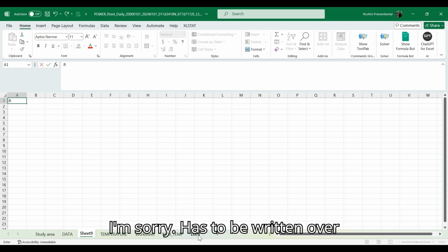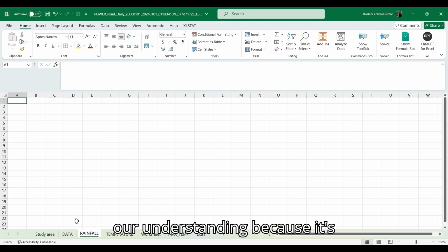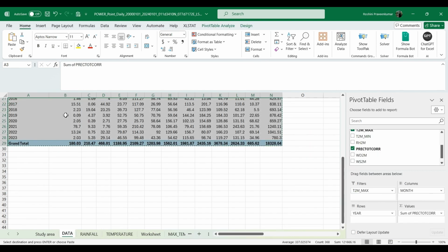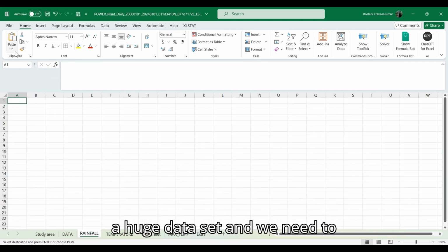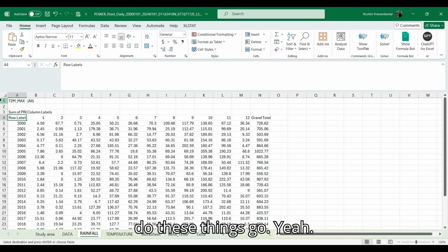I'm sorry, it has to be written over here. This is to be done for our understanding because it's a huge data set and we need to understand what goes where.